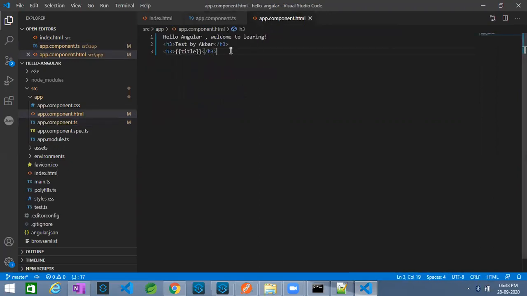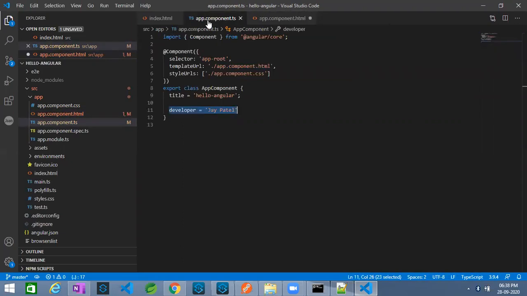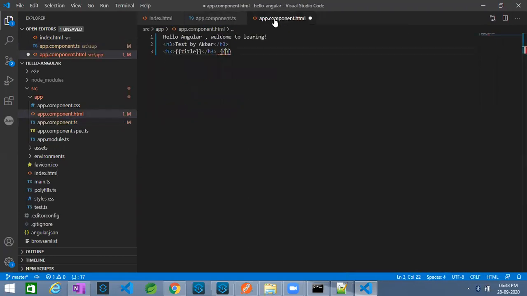Like example, if you give the control space, see, it is getting the properties which are there in your component only. See, the developer is part of your component, right? So this is an HTML. It will understand, oh, my name is app.component.html.